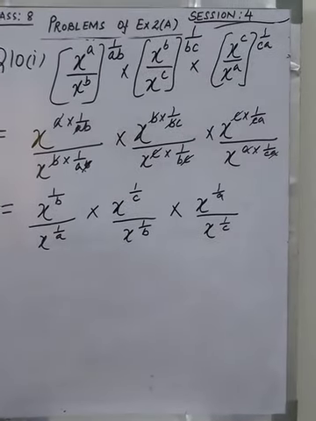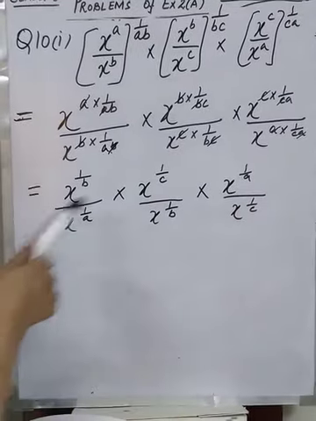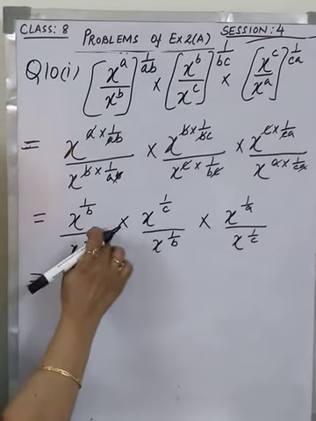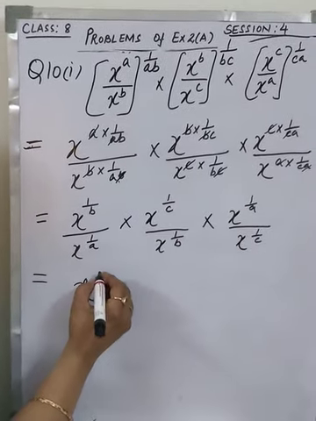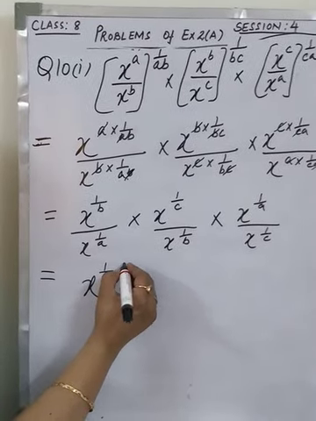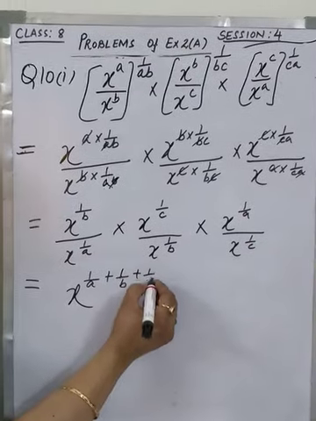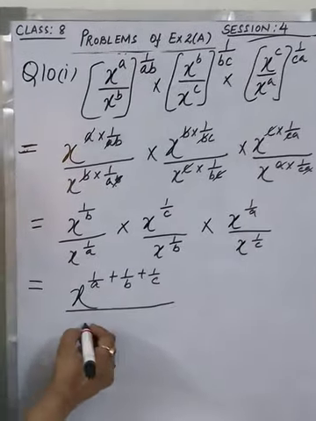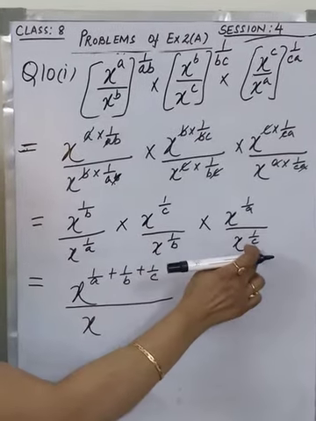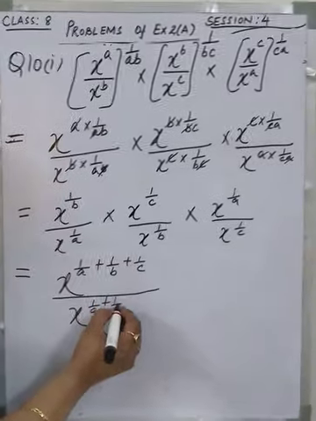As we are solving the chapter exponents, we need to apply the laws. Do not cancel directly like this. Apply the laws. On multiplication, powers get added. So I add the powers in the numerator. I write in alphabetical order. Similarly, on multiplication, when the base is the same, powers get added. I write again in alphabetical order.